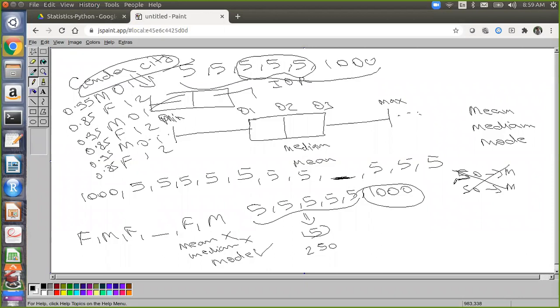For example, if this is categorical data, we go with the mode. We cannot go with the mean. But if there's numerical data, we can go with the mean because it actually includes all the numbers, so that will be better. If there's an outlier, then we go with the median. So perfect answer. This is how you have to explain.